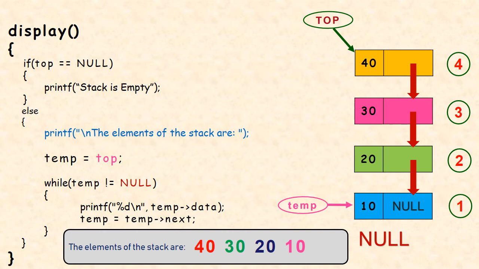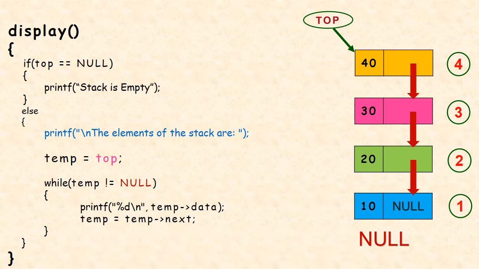You will exit from this loop. So your task is done. Okay, so what is your task? Displaying 40 to 10 is done. So this is how the display function will run in the stack. Okay, now we will see